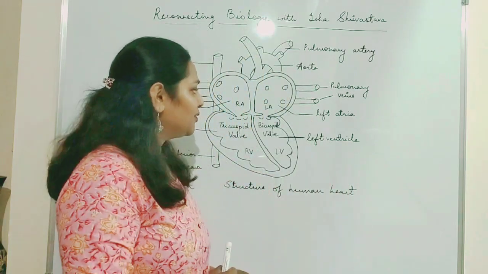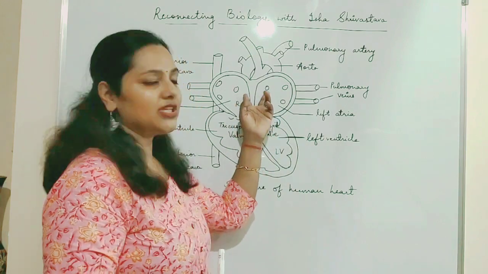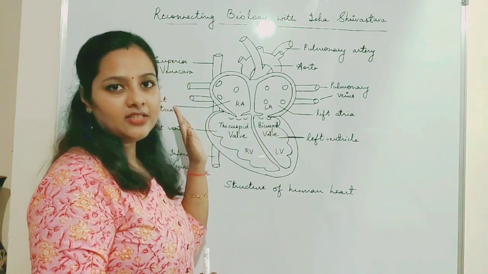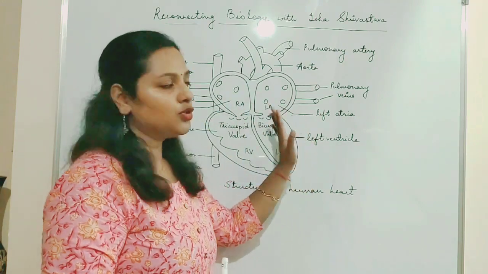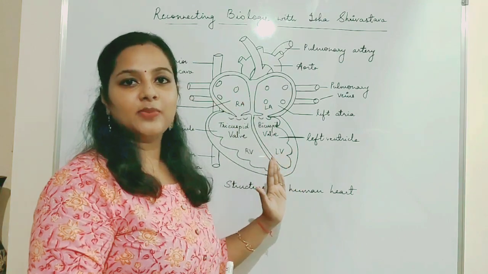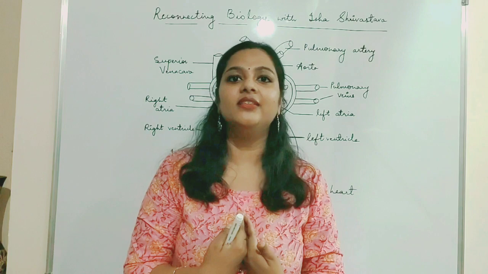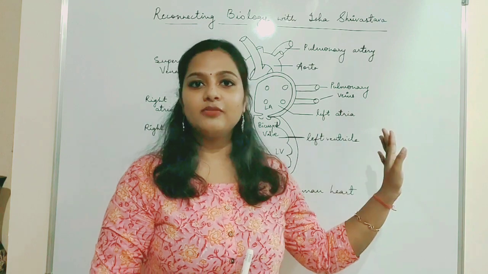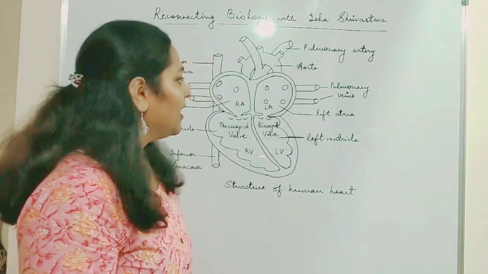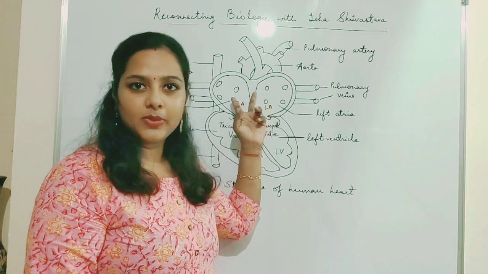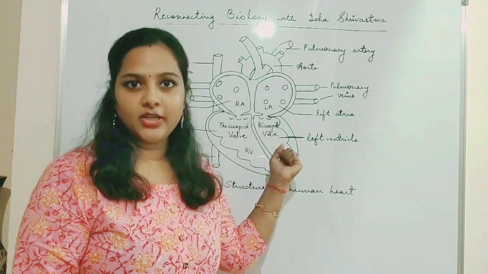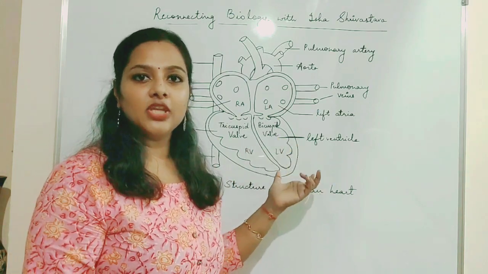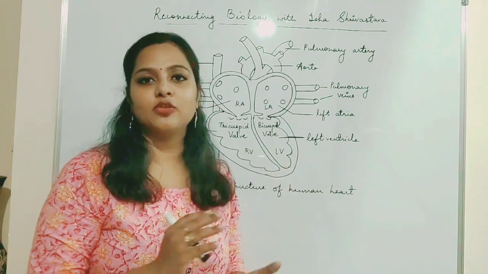Okay. So as you know, these are the four chambers. The upper two chambers are the atria, the lower two chambers are the ventricles. This is the right part of the heart, while this is the left part of the heart. When I explain the internal structure of the heart, I explain it with reference to myself. If I'm standing in this way, this side is my right side and this side will be my left side. So this will be the left part of your heart and this side will be the right part of your heart. The upper two chambers are called the receiving chambers because they receive the blood from the different parts of the body. The lower two chambers are called the distributing chambers. The ventricles are called the distributing chambers because they distribute the blood to the different parts of the body.